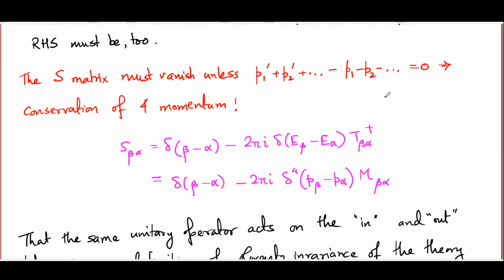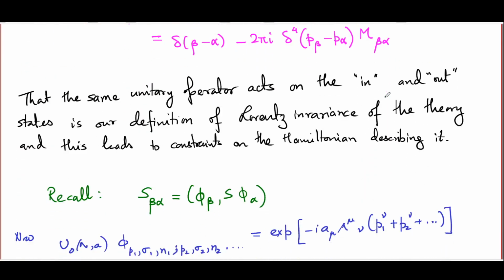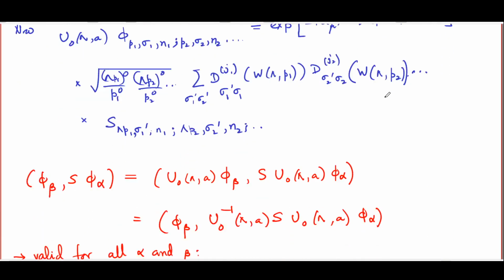And therefore, ultimately, the invariance properties of the scattering matrix elements can be just embodied in this equation. Of course, U0 lambda A being a unitary operator can be taken to this side as its adjoint, which is of course its inverse as well, and you get the result that phi beta S phi alpha has to be